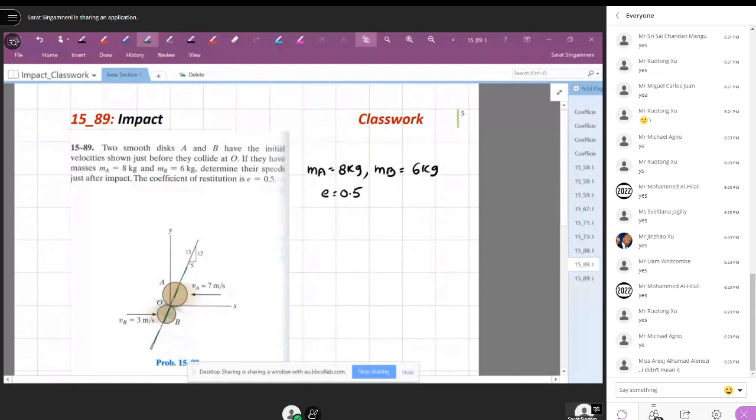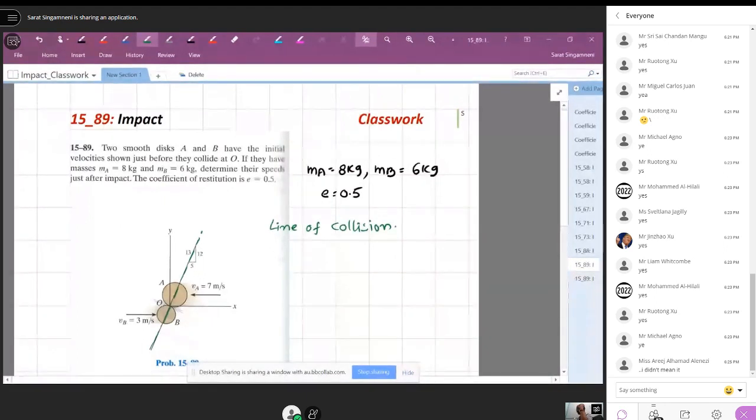We call this the line of collision. How do we treat this problem? We take an axis along the line of collision and a perpendicular axis